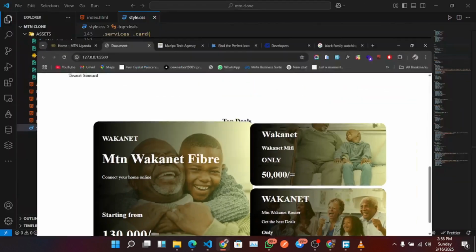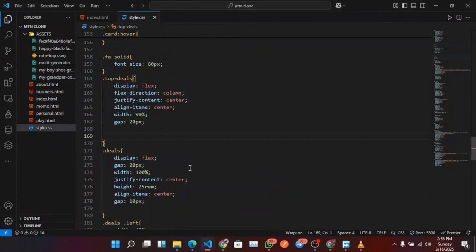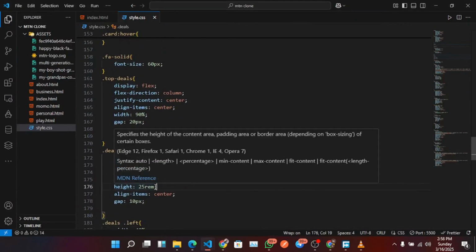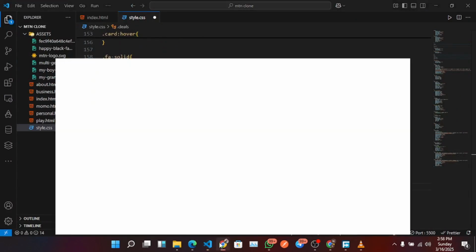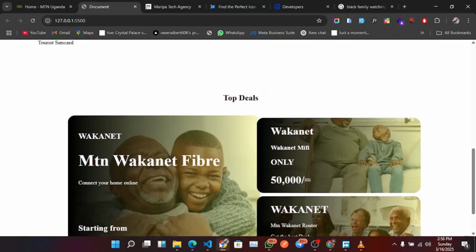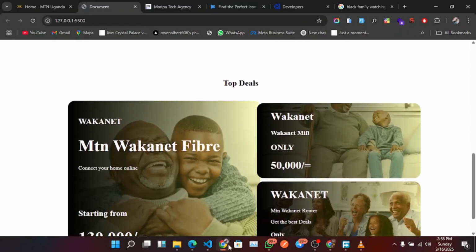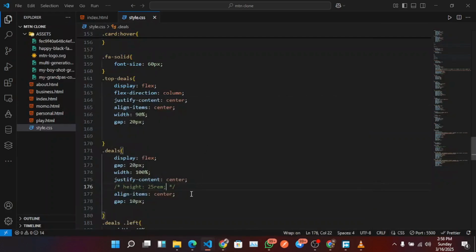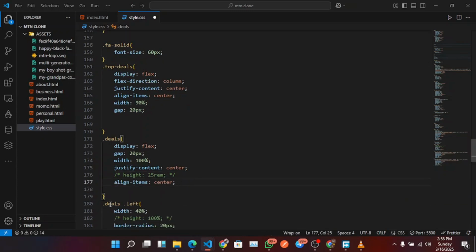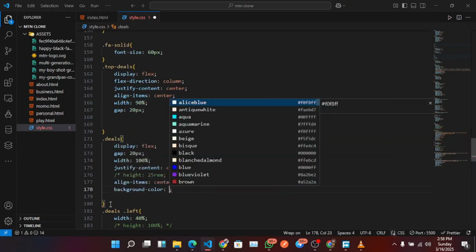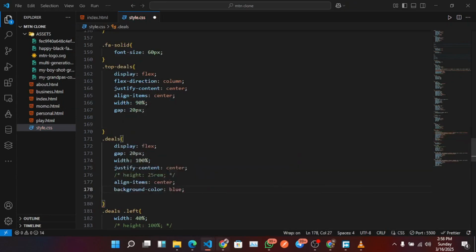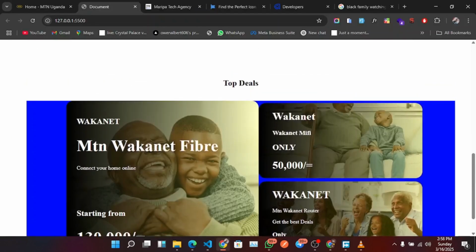Okay, and then when we come onto the deals, first ignore the height of the deals. Okay, so after ignoring the height, we give it some gap, a gap of 20 pixels. Should we give it a background color, and we see of blue? Okay,